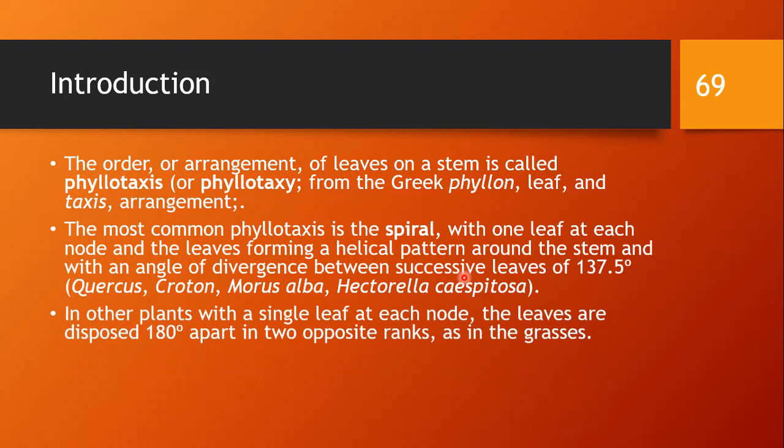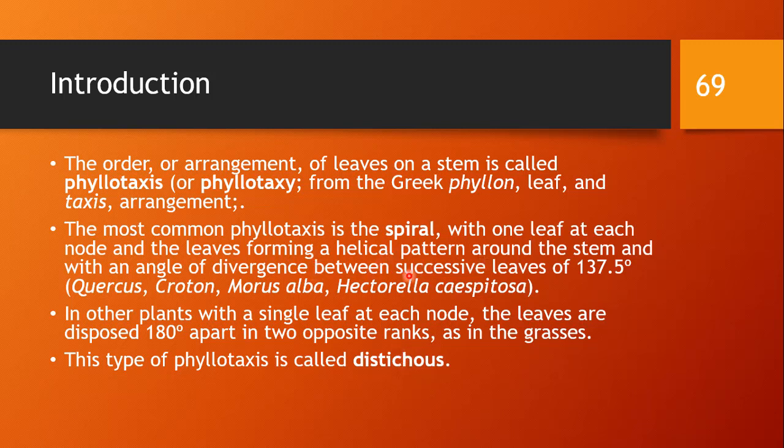We are not going to discuss these phyllotaxies in detail, but as we are discussing the development of the leaf, we have to give a recap of these phyllotaxies. So here is another plant, the second phyllotaxy, with a single leaf at each node, the leaves disposed at 180 degrees. These are the angles which you do not have to worry about. We are simply talking about the phyllotaxies. This type of phyllotaxy is called distichous: at each node the leaves are disposed apart in two opposite ranks. So if the leaves are in opposite ranks, they are called distichous.